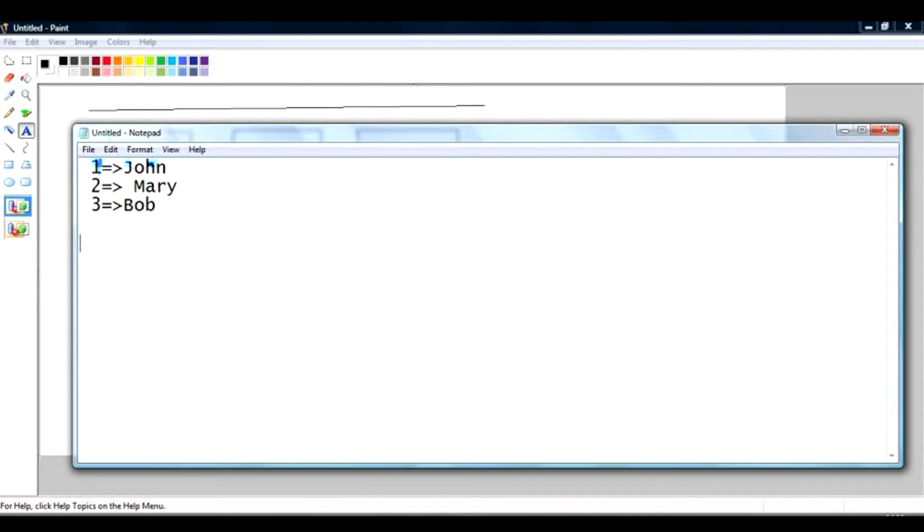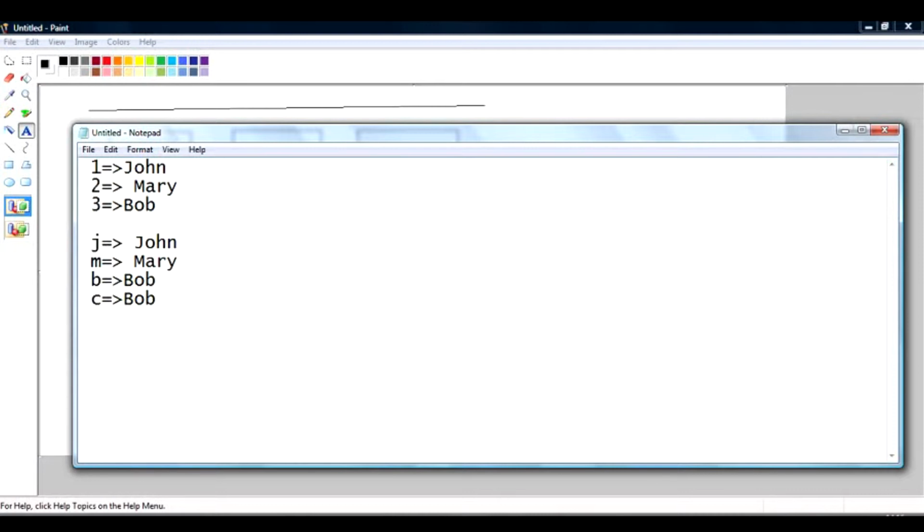If you give them some value, for example J is equivalent to John, and M has a value Mary, and B has a value Bob, you cannot have another B here because the B is already taken. So basically the array keys have to be unique. The values could be the same. For example, you could have C as Bob once again. That is alright because the key is different from the other keys. That is the concept of an array.